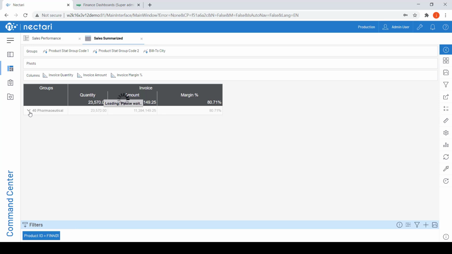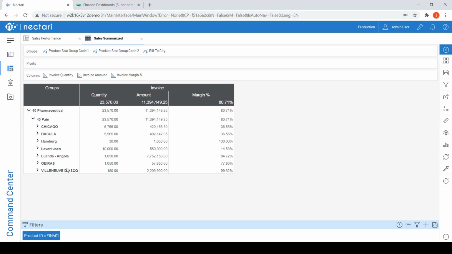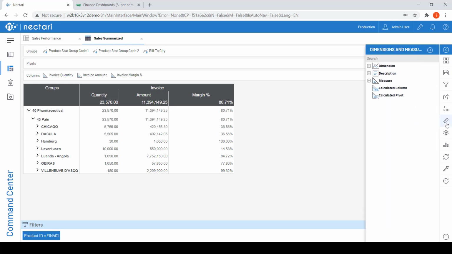We can further drill down to see the subcategories and also the bill to cities in which the product aspirin is being sold. Now here I can see that Hamburg is a city which actually has the lowest number of sales for aspirin. I would further like to know who is the sales rep in the city of Hamburg. To fetch that information, I can go into Dimensions and Measures, which is one of the tools in the toolbar here on the right-hand side, and go into Dimensions to pick